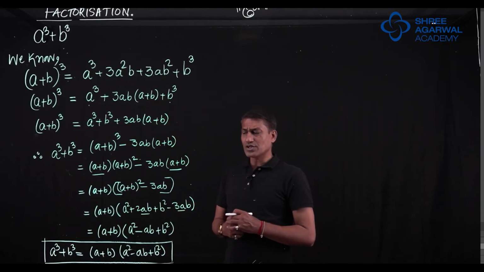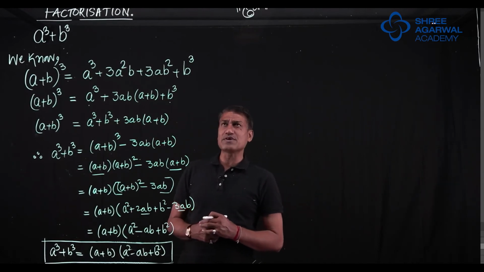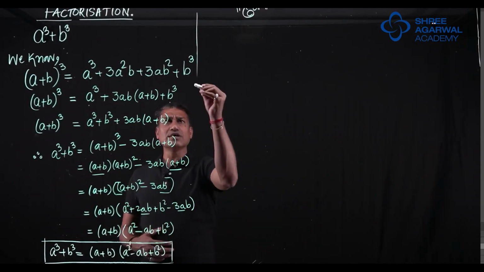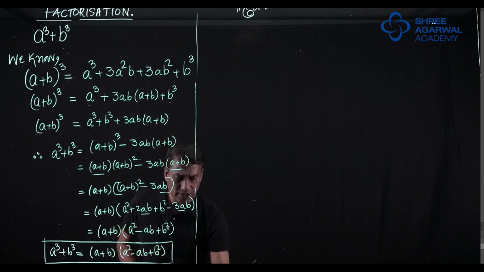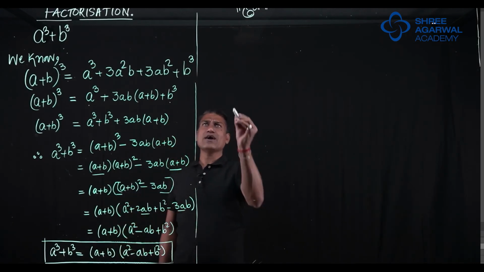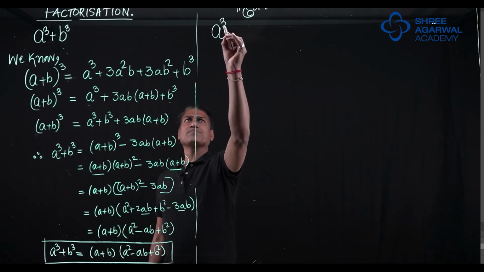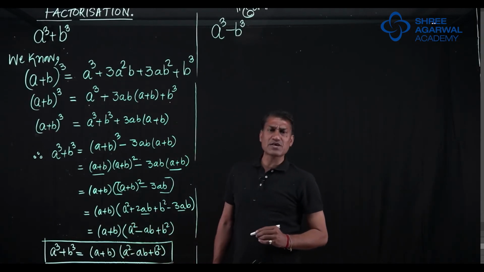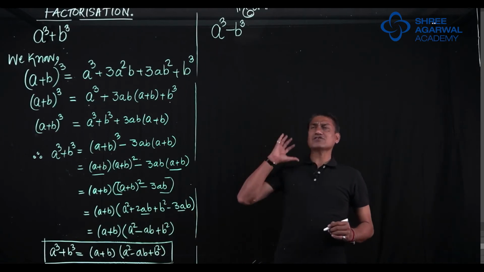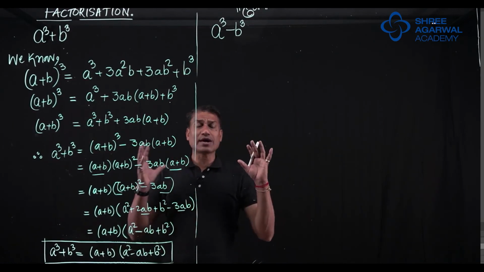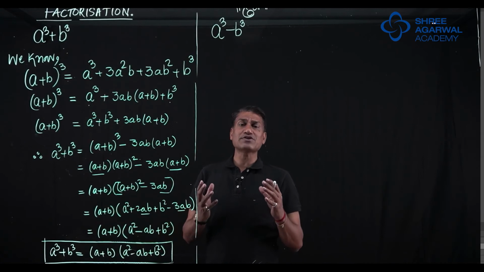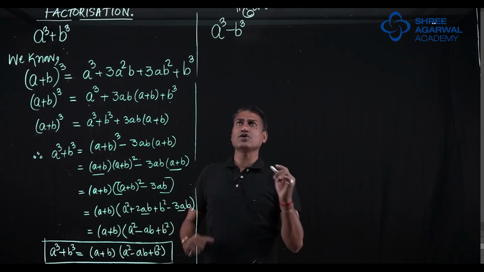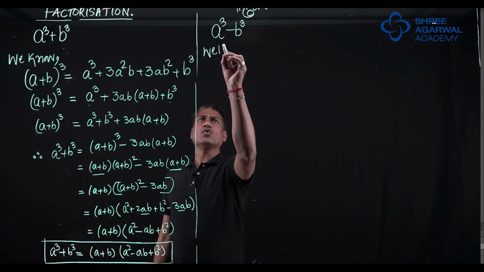I hope you understood the factorization of a cube plus b cube, and now we are going to its immediate next and obvious factorization of a cube minus b cube. So sir, what are the factors of a cube minus b cube? To know the factors of a cube minus b cube, we again have to consider the expansion of a minus b bracket cube. So I will write, we know